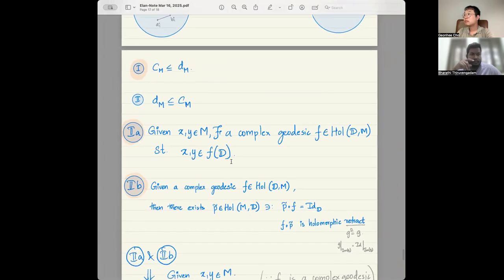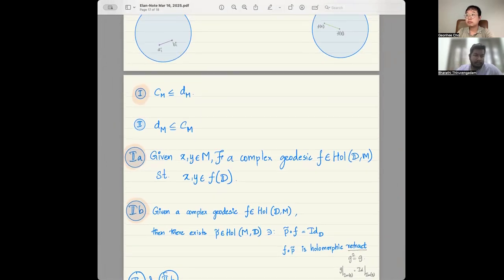So in order to show Lempert's theorem, we need to do it in 2 parts. The first part is that the characteristic distance is always less than or equal to the Kobayashi distance. And this is true irrespective of any domains, if I understand correctly. However, how to show that, Bharati and I discussed something, but we have not come to a concrete idea. We have not understood completely how that is done.